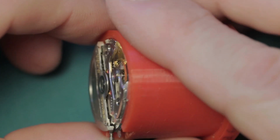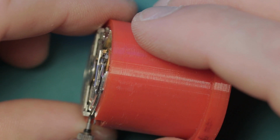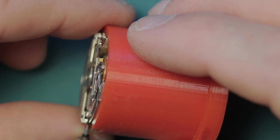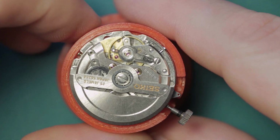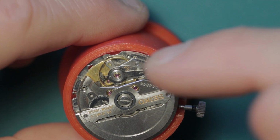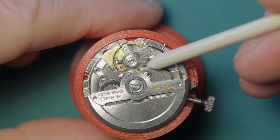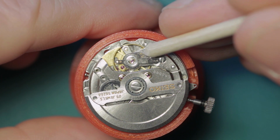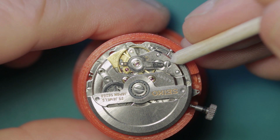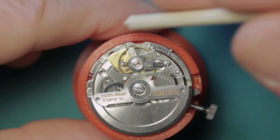There's a very thin area for the hairspring to sit underneath the balance cock, which you may be able to see there. I don't know how well that shows up. And the hairspring was not flat, and what was happening was it was touching the back part. Let me get my pegwood. It was touching the back part of the balance cock here. As you can see, it's stopping with the slightest touch there. I was able to make some slight corrections,